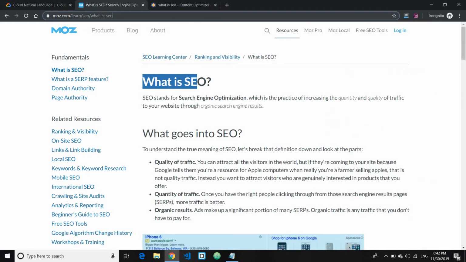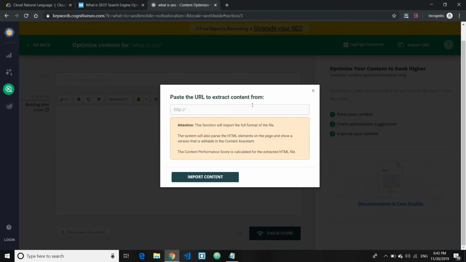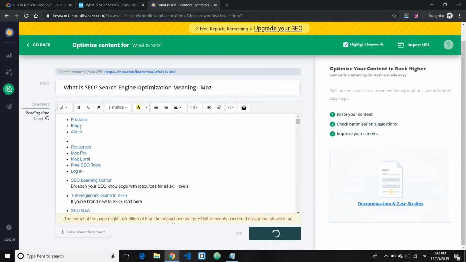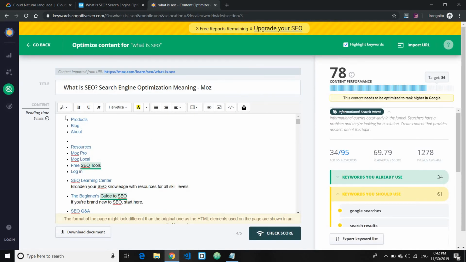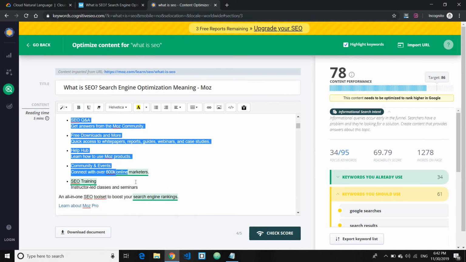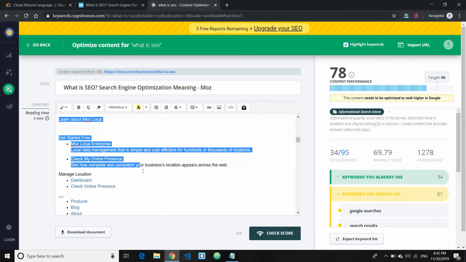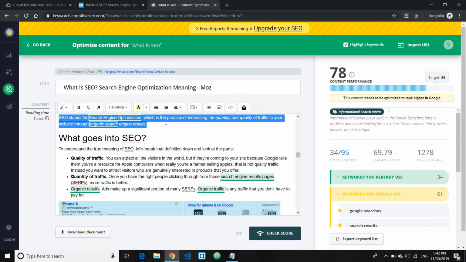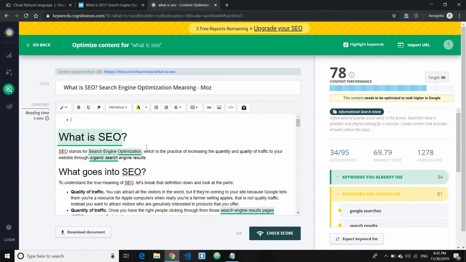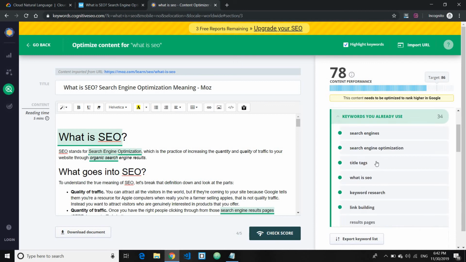Like for example, I take this particular URL, I import the URL here, right? I import the content here. Mind you that when you use import content, you basically get everything on your website, so you can simply delete all the menus and all the stuff which comes with the web page, right? Just go ahead and delete everything. So as you can see here, it also gives you the content performance, or how well you would perform based on your content, right? As you can see here, it performs at 78 and it recommends 86,